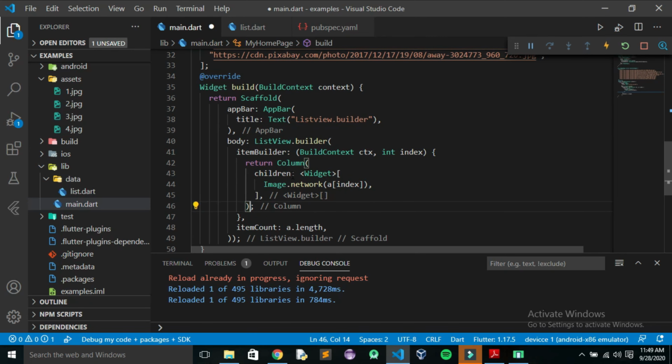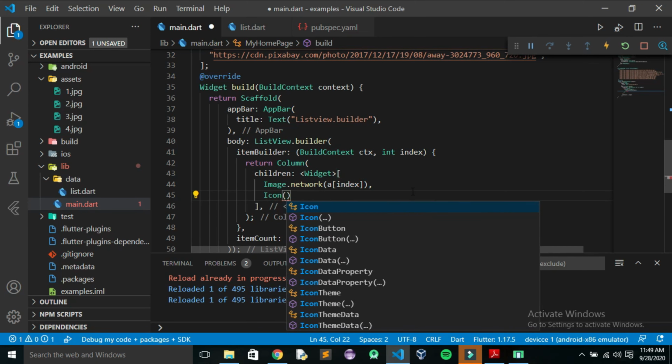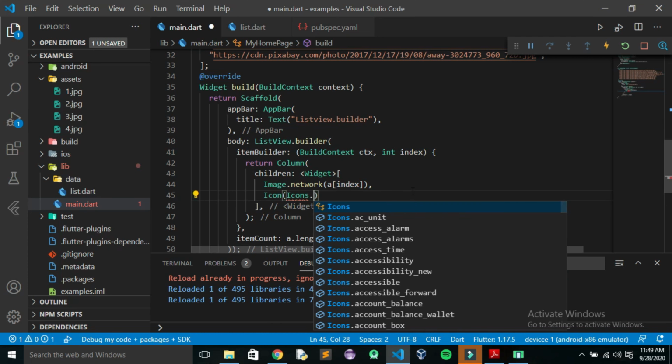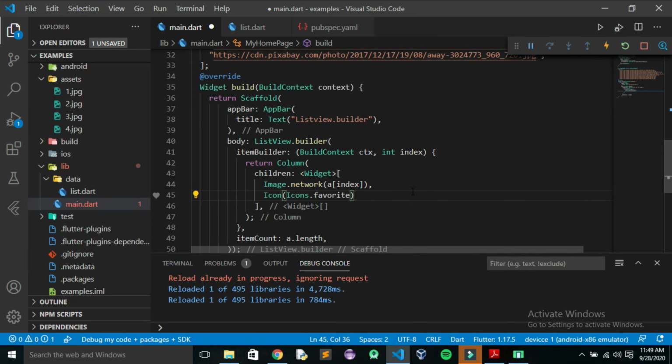Okay, so here now we have our image within the column, and now we also need to add an icon. So for that I will add Icons.favorite. Okay, so now let's see it.